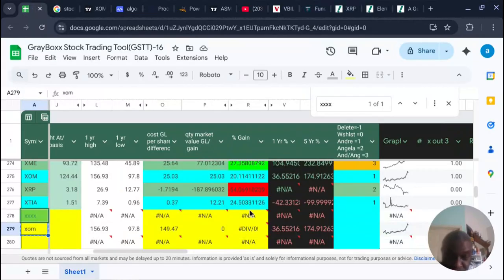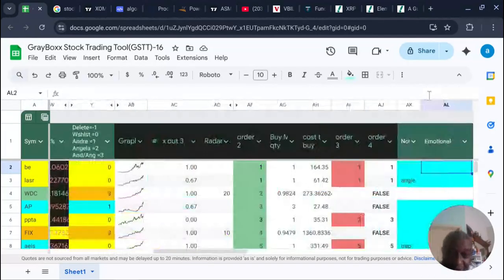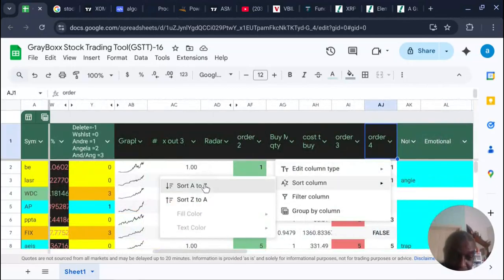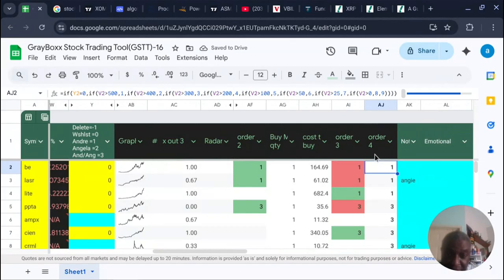Okay, and then I can sort things in a different order. So say I'm going to buy something, I can close this out. Okay, and then look for my buy at, and I can then sort. I know my order 4 automatically looks to column Y, and then I'm going to sort this. And anything that's 0, which means it's on the wish list, it's going to look at the price, quantity,